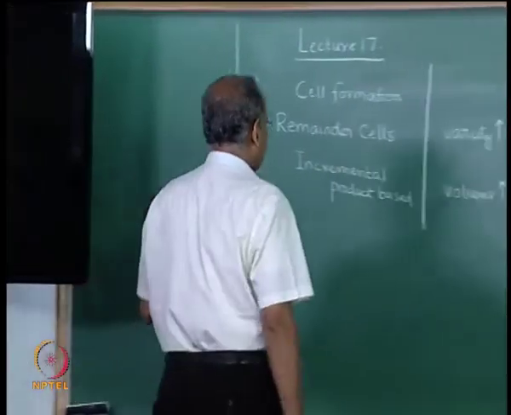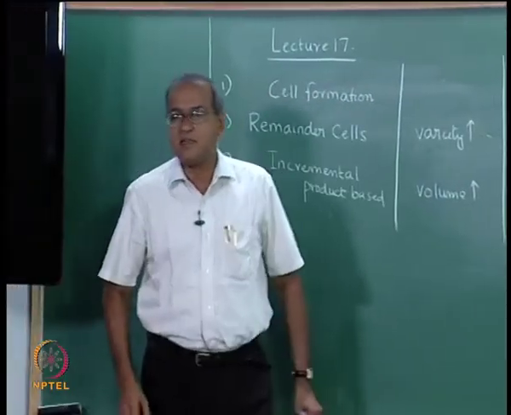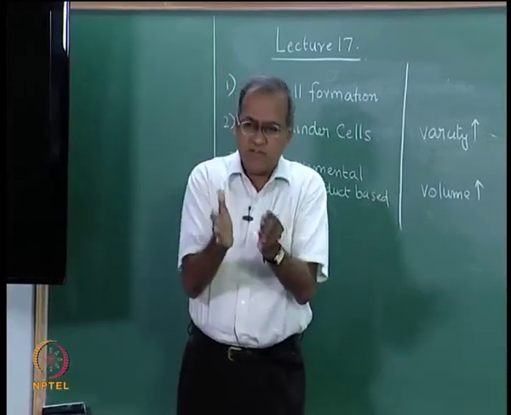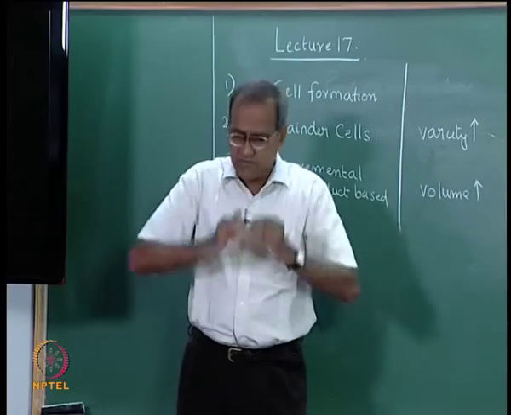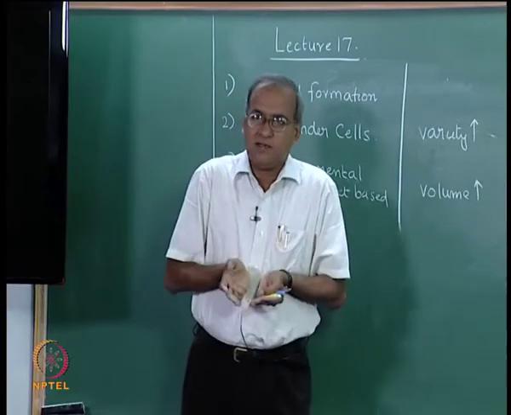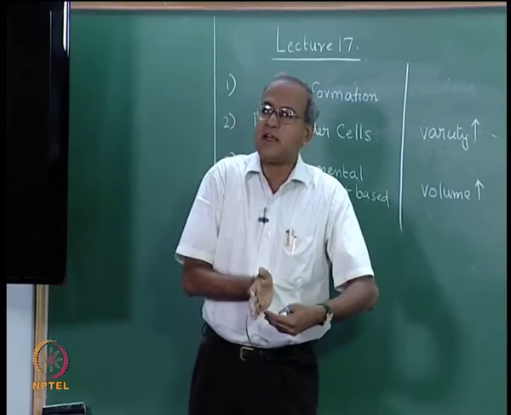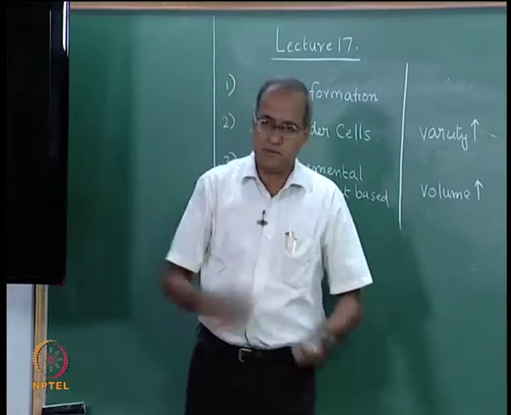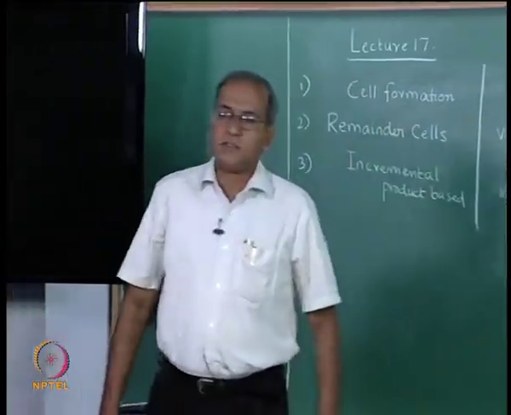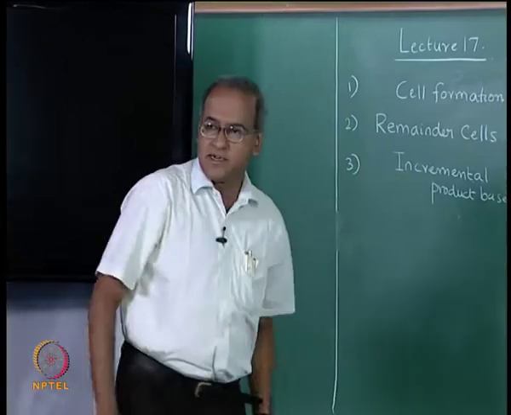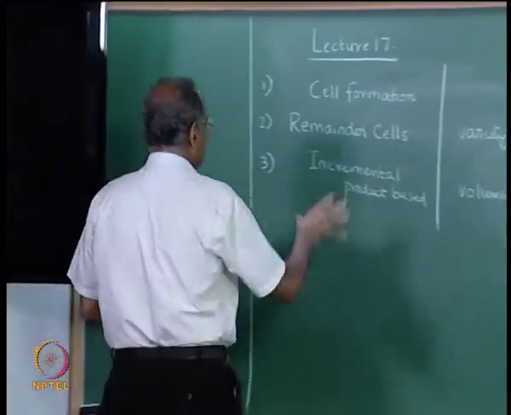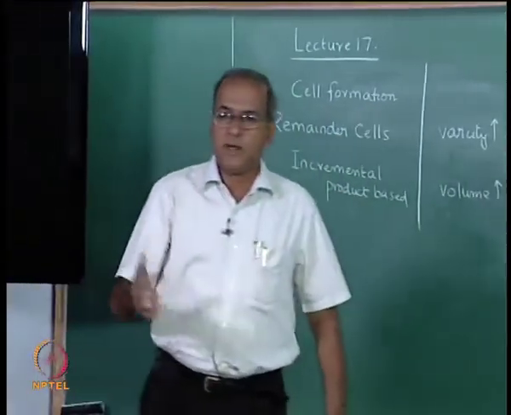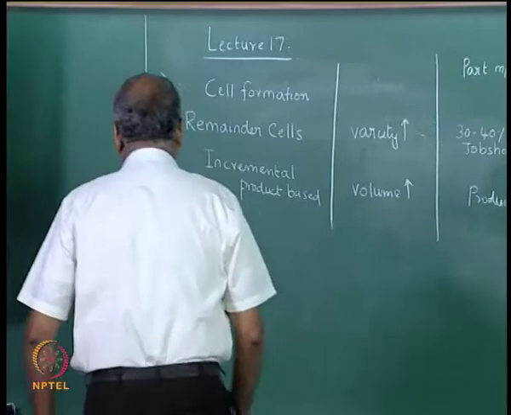This is a case where the products are a little smaller in size, there is sufficient volume, and the cell is created. Everything from this cell will go to an assembly which is very close to the cell, or in the same area as the cell, and the complete product will come out by pulling out from this cell. So this classification also is there in the literature. With this introduction we will now see the remainder cell, after which we will see incremental or product based cells. So if we go back to the remainder cell,